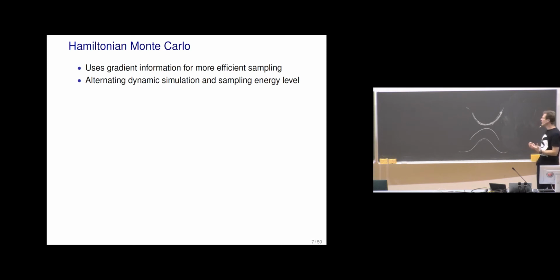I already mentioned that we are simulating the dynamics for some time and then randomizing the direction and speed, or the kinetic energy. And we alternate these two things, and it turns out that this produces draws from the desired target. So we have this step size, because we are not able to do continuous simulation of the dynamics.